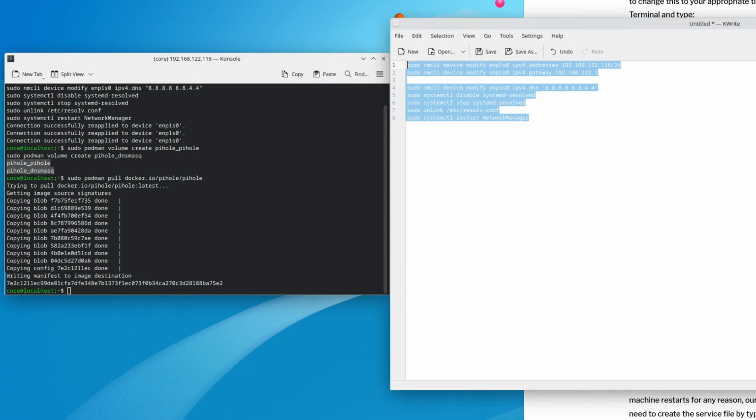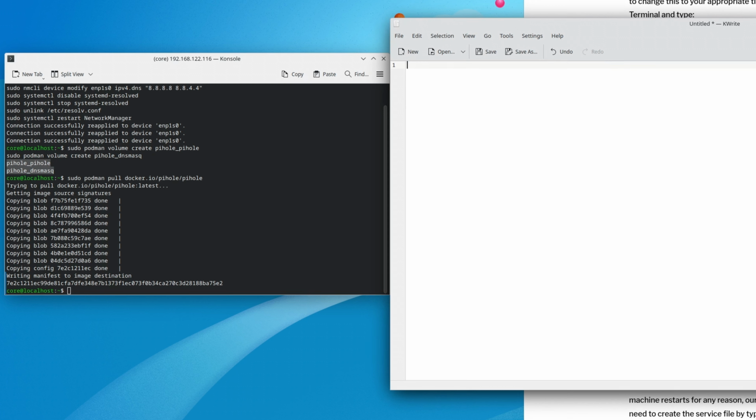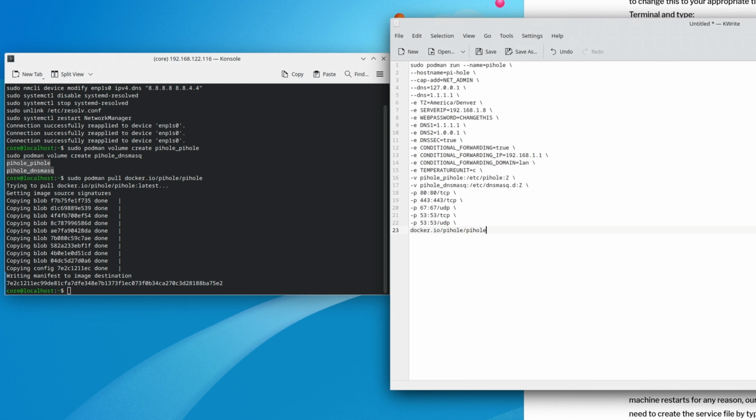There's some things we need to modify. So I'm just using this as like a template here, this kwrite screen. So I'll paste that in. The name of our container will be Pi-hole. The host name's Pi-hole. Network admin, we're not going to change any of this. The time zone could be different for your location. If you're not in the mountain time zone, you'll want to change this. Server IP you'll want to change as well. In the example, like I said, I did 1.8. We want to change that to